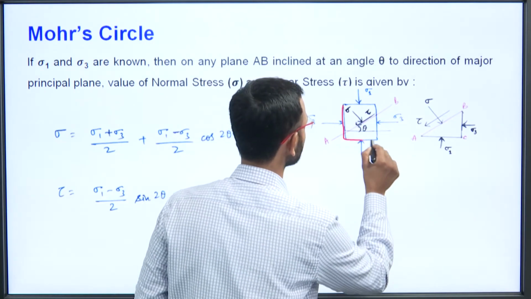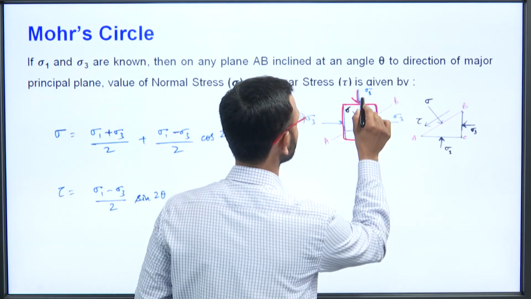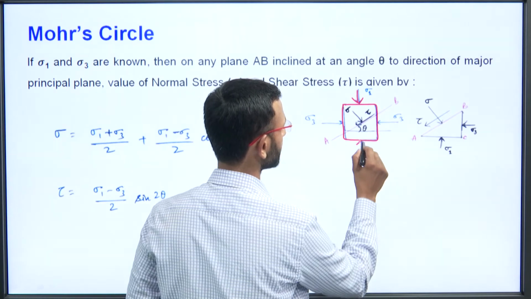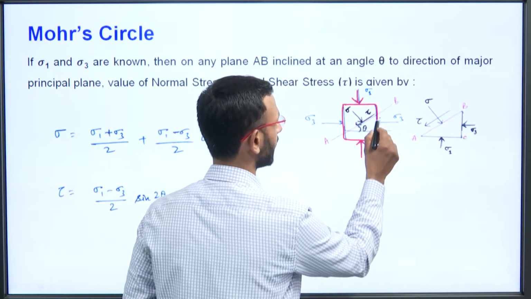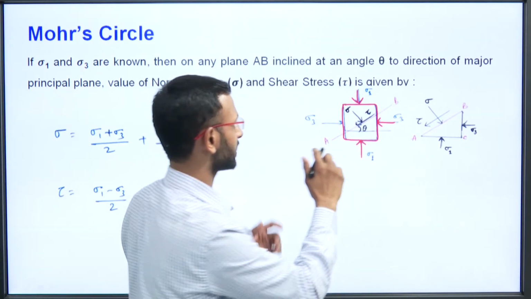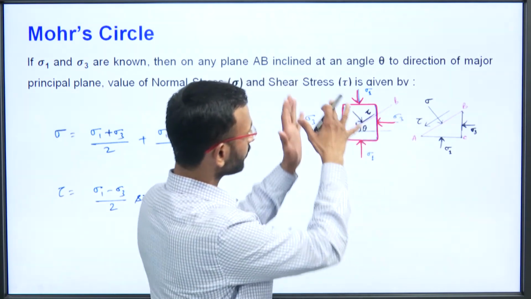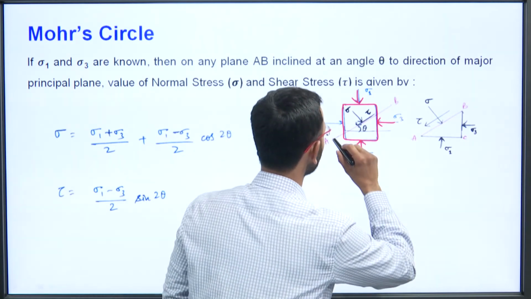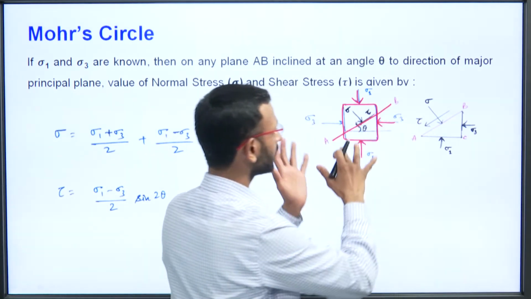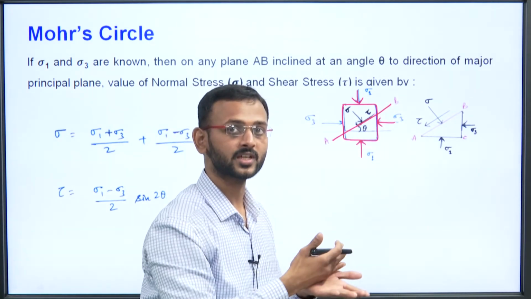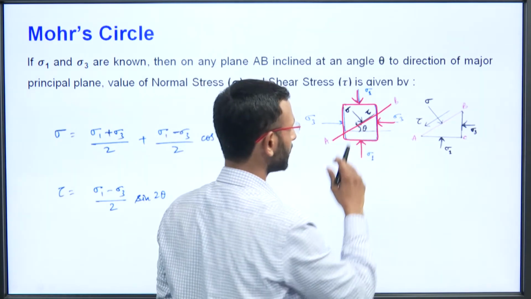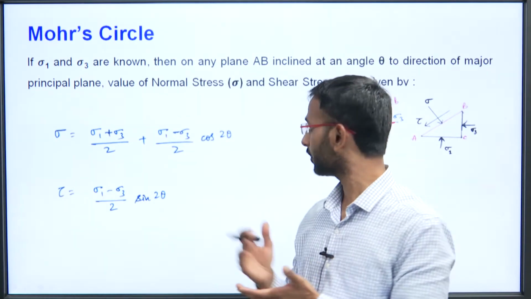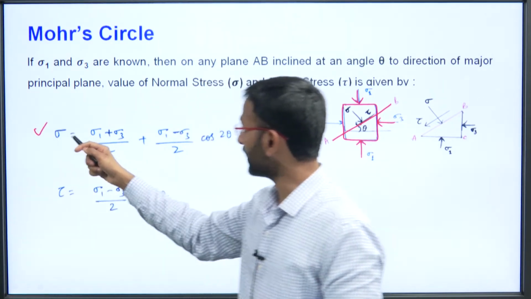Now, let us see here, if this is the element which is being considered and this is the major principal stress, alright, in the vertical direction, and this is the horizontal principal stress, that is the sigma 3 here. Now, if sigma 1 and sigma 3 are known to you, then to find out how much shear stress or normal stress is induced on this failure plane, the formulas that have been given, which you have already studied, that is what sigma is equal to sigma 1 plus